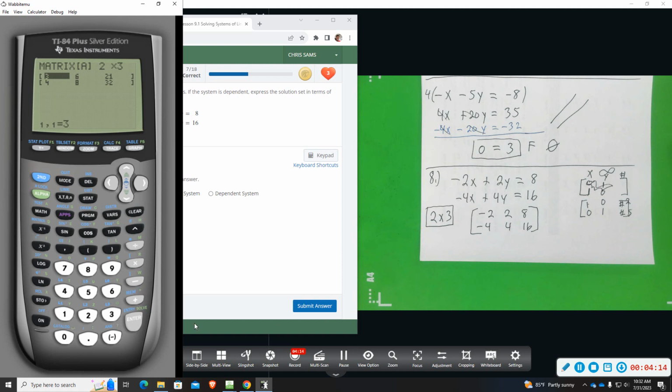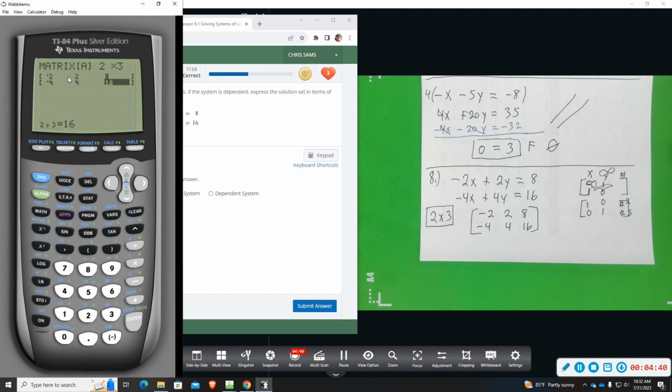And then I'm going to put in my numbers. So I have a negative 2, and then a positive 2, and then a positive 8. And then on the bottom, a negative 4, positive 4, 16. So first thing is, you go second matrix, set up the 2 by 3, put in all your values,